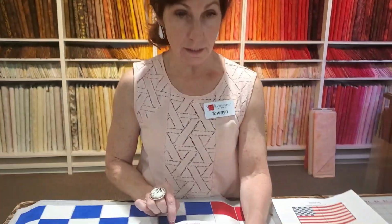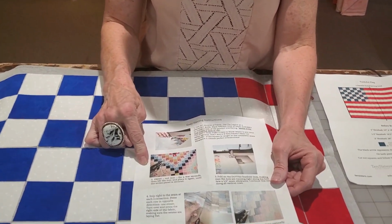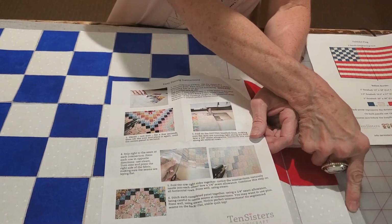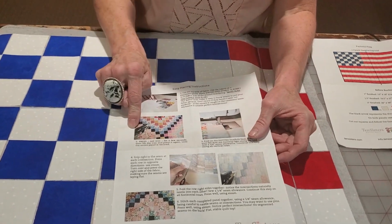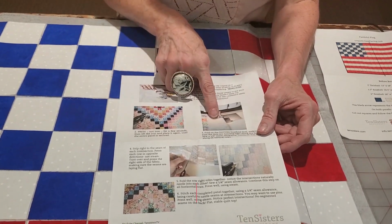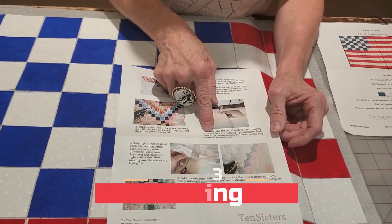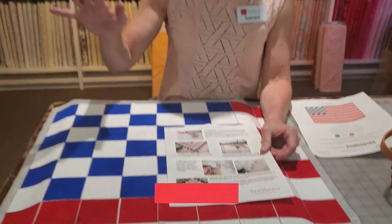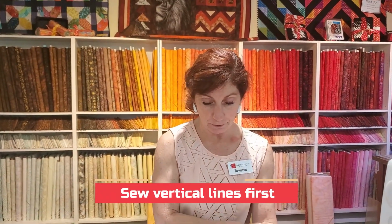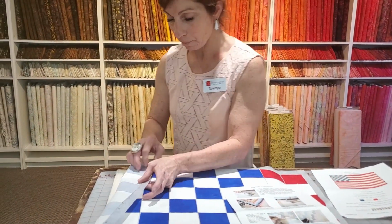So according to the easy piecing instructions by TenSisters, which is the maker of this fusible, once you get everything in place and you iron them, then we are ready for the sewing. So the recommendations for the sewing is to sew all of your vertical lines first, which allows you to sew each panel separately. So what you'll do is you fold over